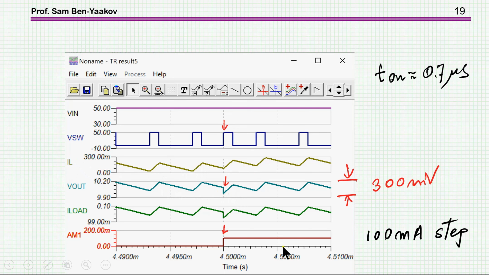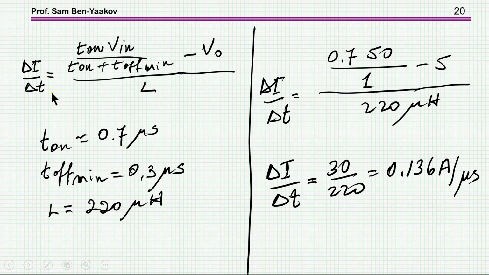And what we see here is that we have a 100 milliamp step at the output, okay, in the load step. And we see here the disturbance, short time disturbance. This is just the normal frequency, and here is the disturbance, and due to this disturbance, momentarily we're going to have a ramping of the current. We see it a little bit here, very little, and we can compare it to the analytical derivation I've made, the simple one here,